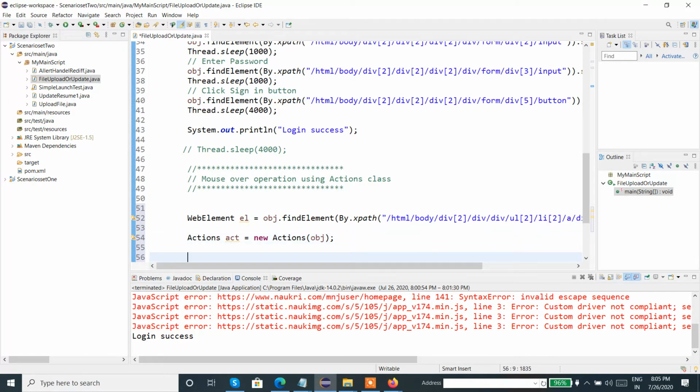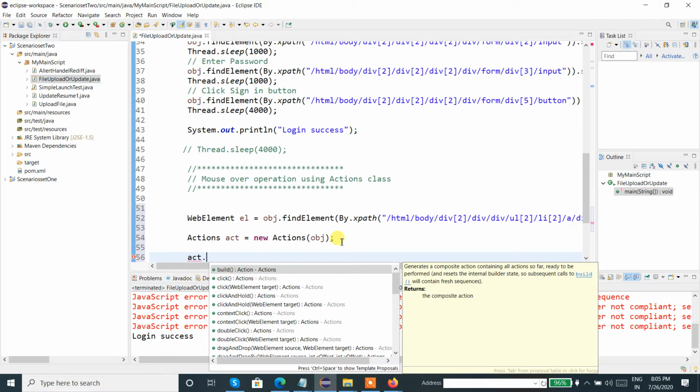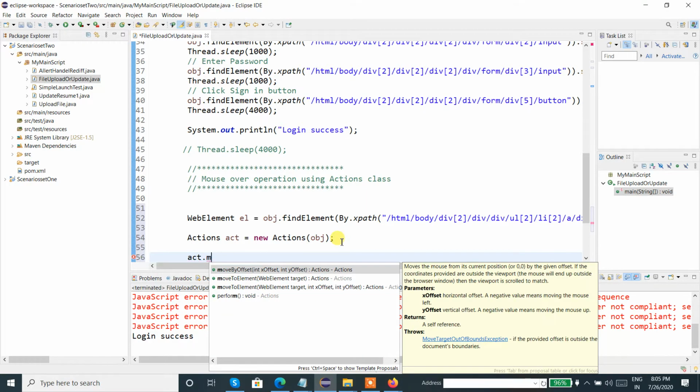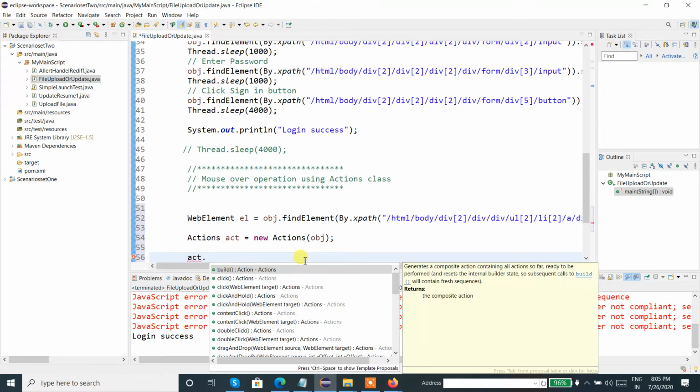The last step of the code: act is the object for the Actions class. By using the act object, I will do the mouse over operation. One of the methods is known as moveToElement. You can see it when I type act dot m.